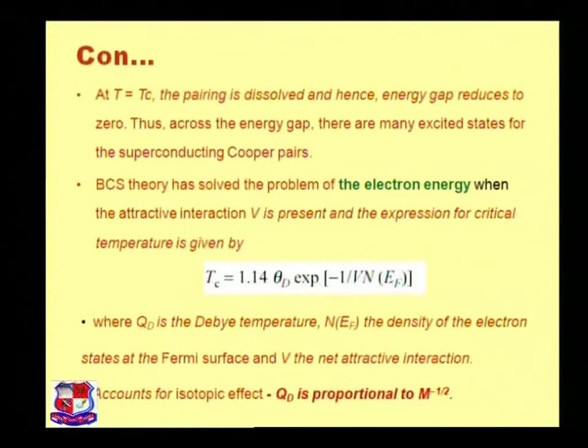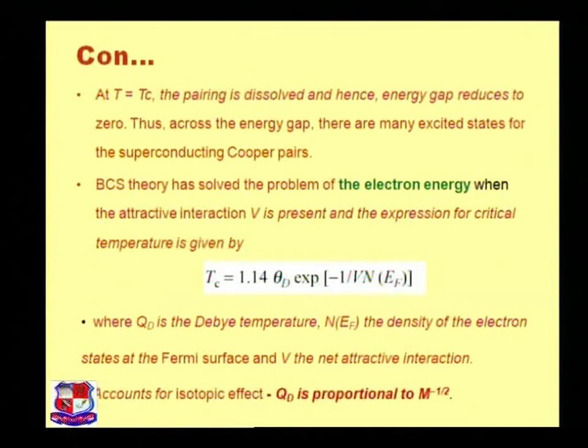Now here is the formula of the temperature. At temperature T equal to Tc, the pairing is dissolved and hence the energy gap reduces to 0. Thus, across the energy gap there are many excited states for the superconducting Cooper pairs. BCS theory solves the problem of the electron energy when the attractive interaction V is present, and the expression for critical temperature is given by Tc equals